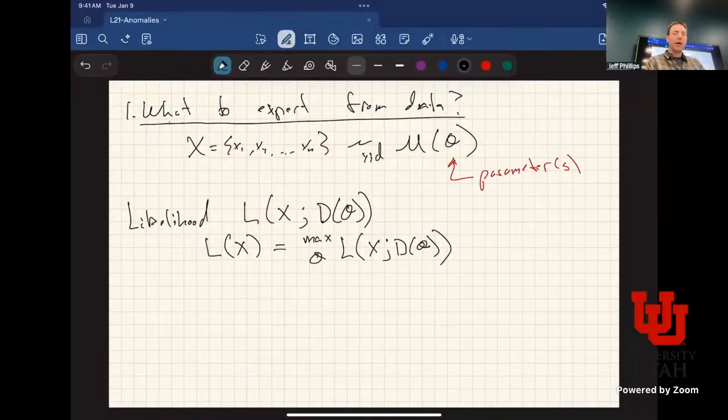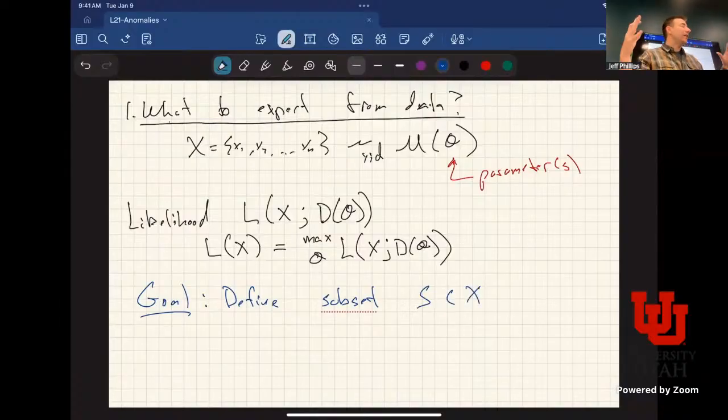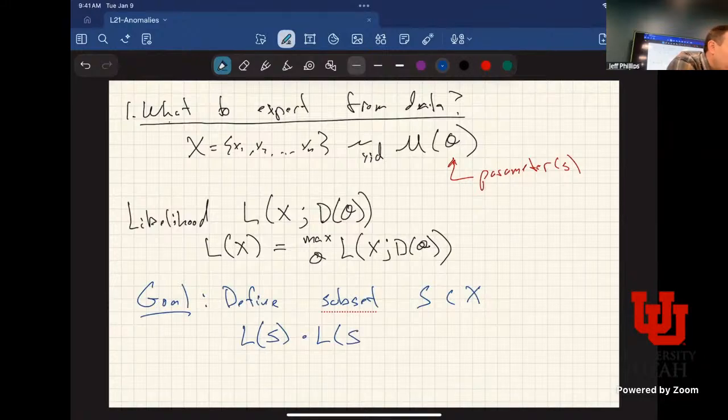Then the goal is to define a subset S of X. This will be a nice subset in a shape that we'll get to later, where we're going to compare the likelihood of S,